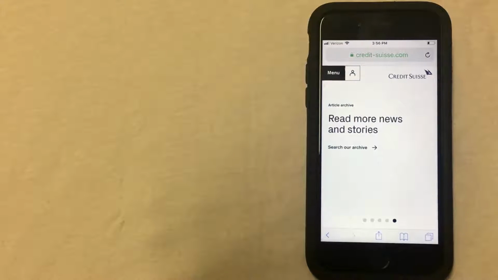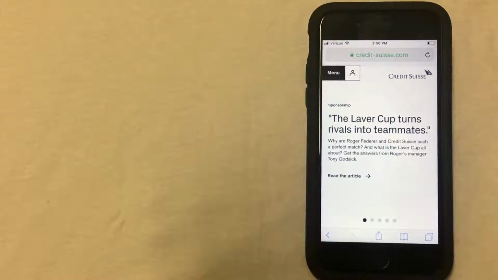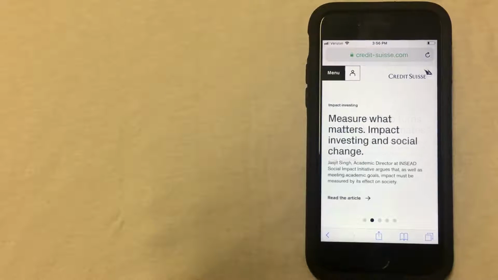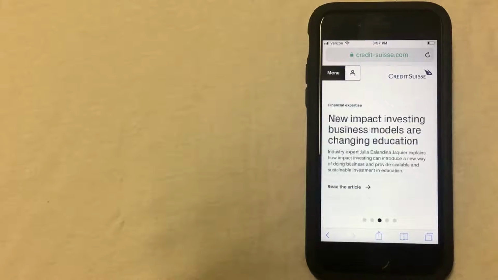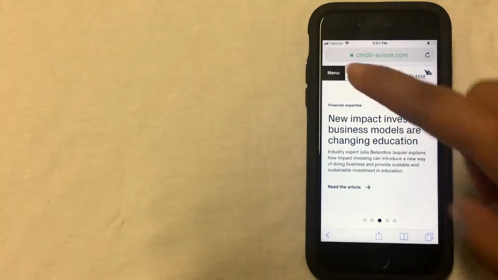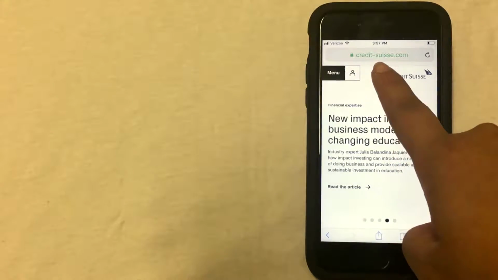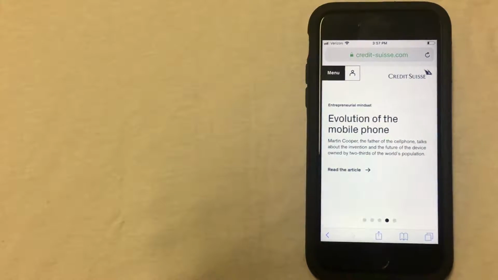So the first thing you're going to do is open your web browser and type in the bank web address. You can use Safari, Chrome, Firefox, whatever browser you normally use will work just fine. I'm going to be using Safari in this video. As you can see, I'm already on the Credit Suisse website, and you can see the bank web address at the top of the screen,